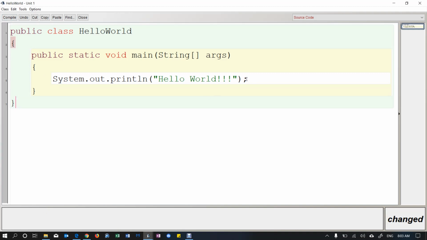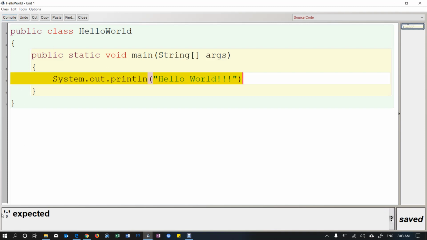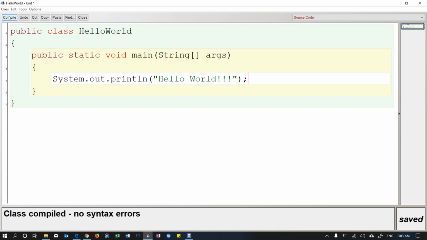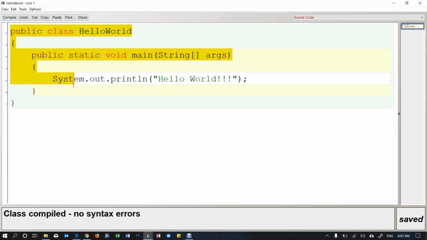If I forgot a semicolon, let's say, and I press compile, it's going to give me an error. It highlights this line and it says, hey, you forgot your semicolon. Okay, so we'll put that back in, and then I'll recompile. Okay, so the compile button checks for errors. That's really good. And then the second thing it does is it converts all of this code, which is referred to as high-level language, into